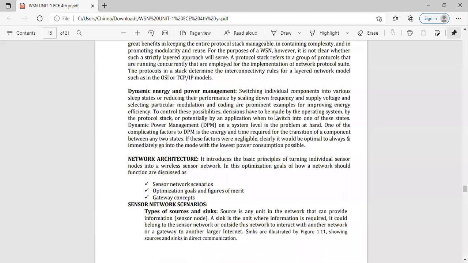We have three types of networking architecture: how a node communicates with the outside world, how it communicates with neighboring nodes, and what the basic merits and goals of that particular network are. Okay, we will discuss it in the next class,